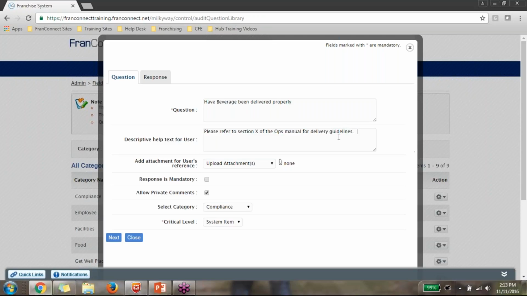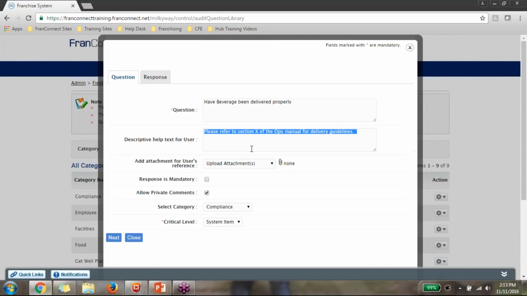So here's the thing. I've seen a lot of franchisors who use a section of their ops manual as a reference to a question that's being asked. And this is a really wise best practice. If you refer to a page number and you later come and edit your ops manual, the page numbers for all of your questions will change, and that is a headache for someone on your team to come back in here and change the page numbers.